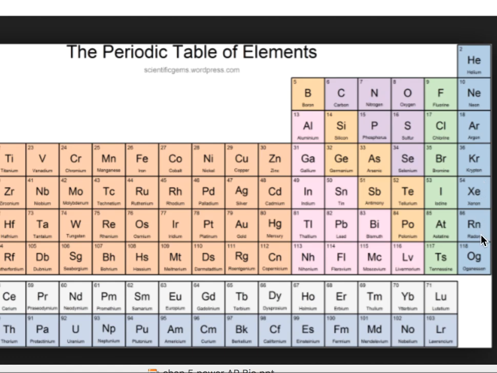The noble gases are perfect, and the structure in which their electrons are in is also perfect. So these do not need to have any change in their electrons in order to be stable. Everything else on the periodic table needs to have some sort of a change or an alternative,